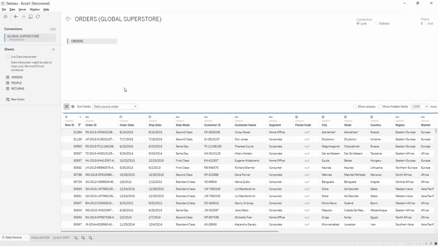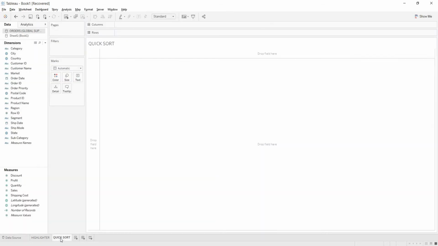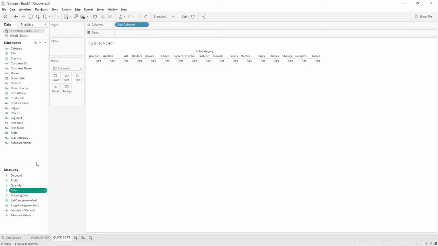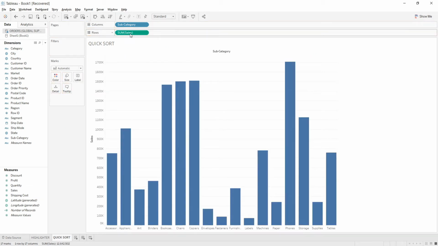Now we'll go back to sorting in the data visualization panel, and for that I'm clicking on this sheet, that is quick sort. For implementing sorting in the data visualization panel, first of all we need to have some type of visualization on the panel, so I'm picking subcategory over to columns and I'm keeping sales over to rows. With this, I get this type of bar chart, which is not in a sorted manner. The first type of sorting which we are doing here is called quick sort. Quick sort is a sort which is done very easily and very quickly through this panel only.